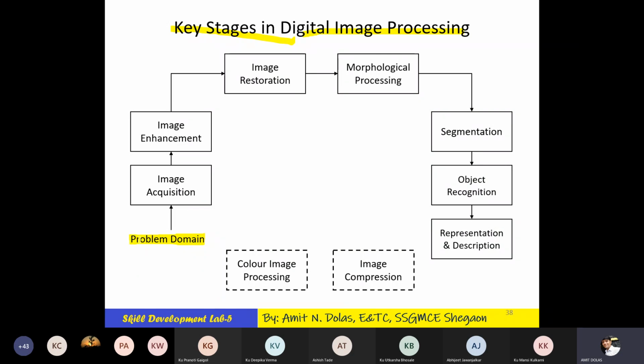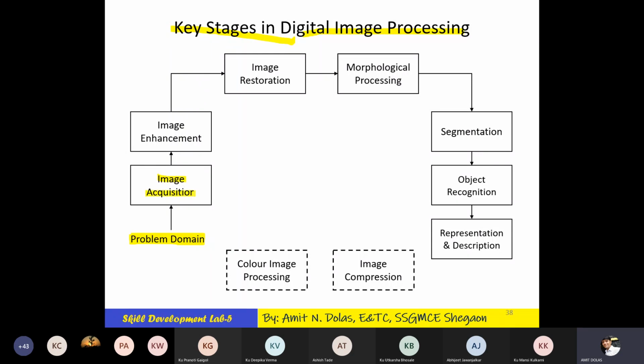Suppose a particular doctor is diagnosing for brain tumor, so he will be having a complete brain image, but out of that he will extract the attributes of the tumor, what is the size of the tumor, how it looks, where it is located, likewise. So that problem definition is always important. Like in certain images, somebody may focus on the foreground, somebody may focus on the background, wherever he or she needs the information.